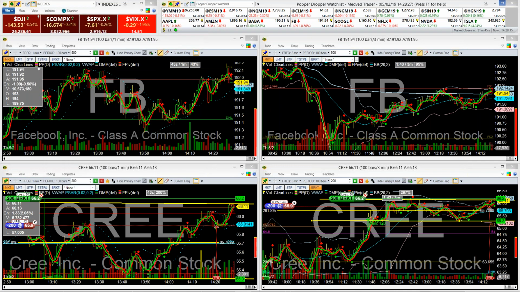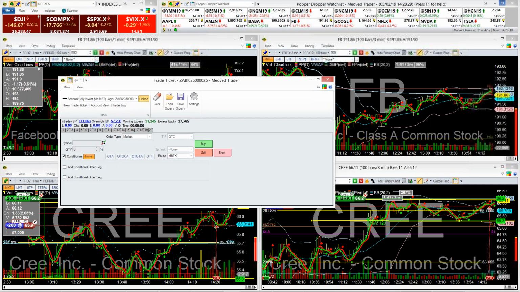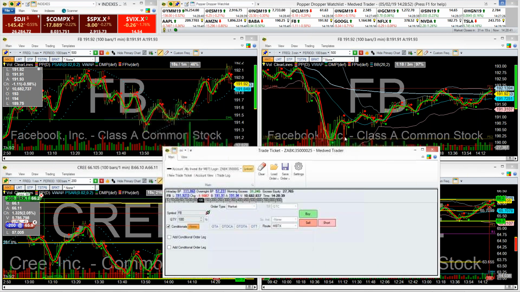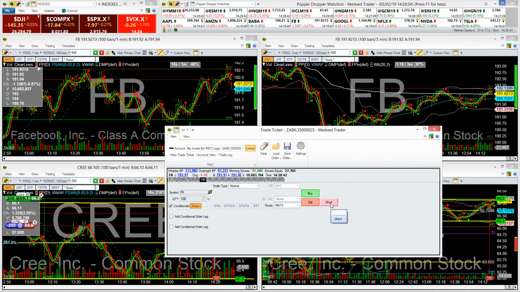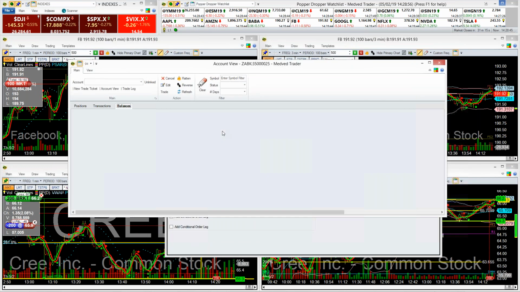So I'm going to pick this account. All right. So I need to enter my symbol. So let's just do Facebook. So I can do right here, Facebook. I can select my shares. I'm going to do 100 shares, and then I can do a buy, sell, or short. So let's say we want to short Microsoft up here. I can just click short, and then